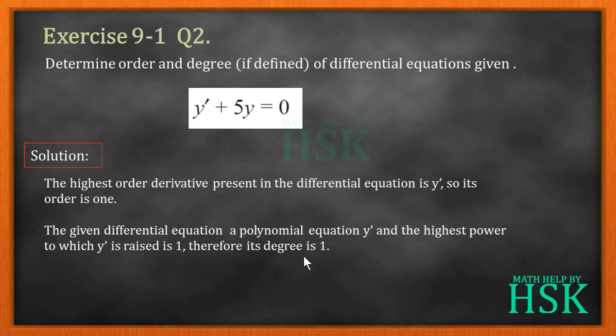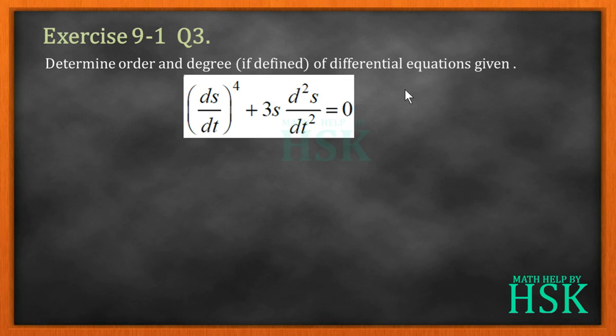Okay, so in the last question I didn't tell you how to define the degree of a differential equation. The degree of the differential equation is the power to which the highest derivative is raised. This equation contained only one derivative term, that is y dash, and obviously its power is 1, so its degree would be 1. So no question about that. If it contained many terms of y dash, then we would have looked for the highest power to which y dash was raised.